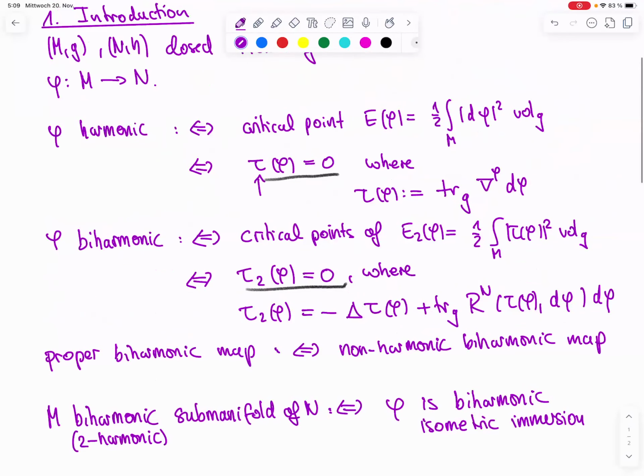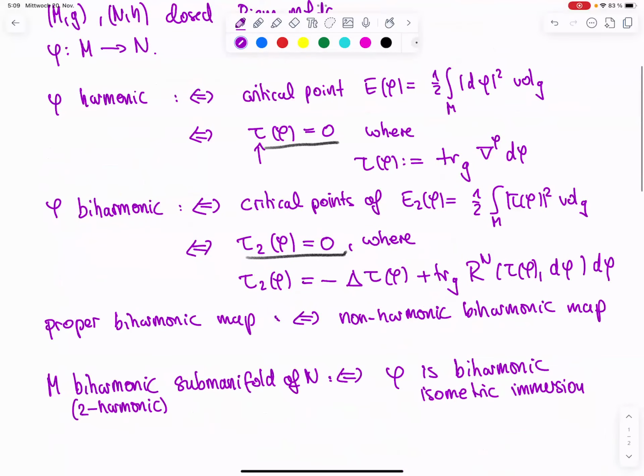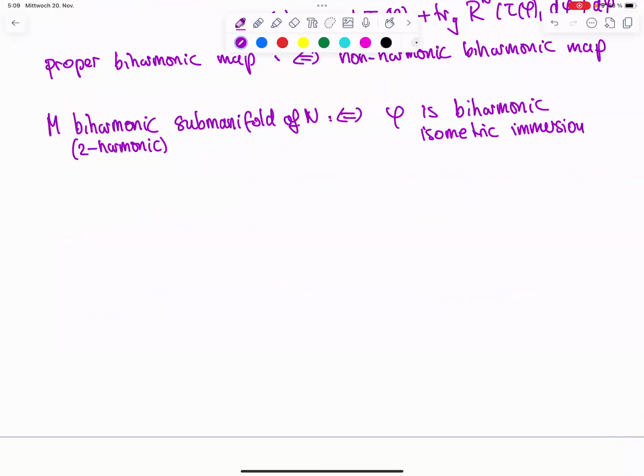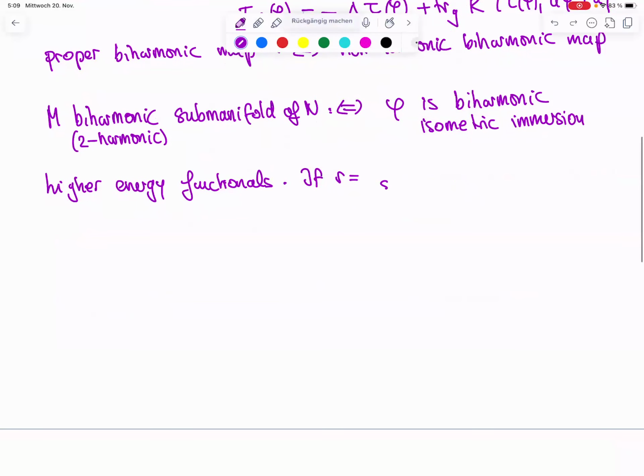So I will briefly say a few words about the case of R being larger than 2. So more generally, one can define higher energy functionals as follows. If R is 2s, where s is a natural number with s larger or equal than 1, we define